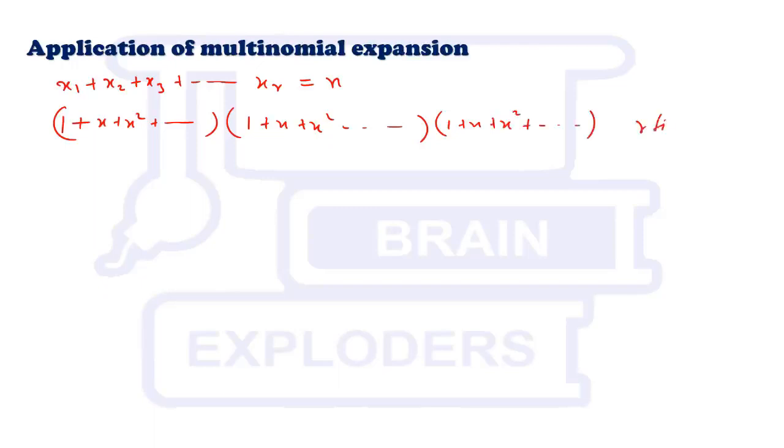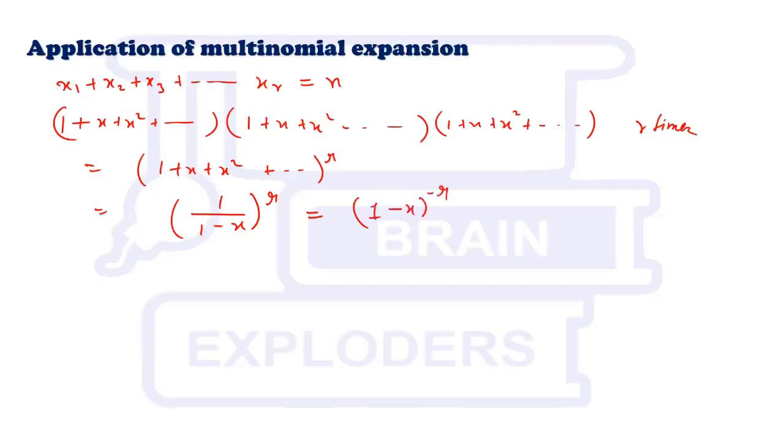So it is equal to (1 plus x plus x square and so on) raised to the power r, which is equal to 1 over (1 minus x) raised to the power r, the sum of an infinite GP, which is (1 minus x) raised to the power minus r, and it can be written as 1 plus